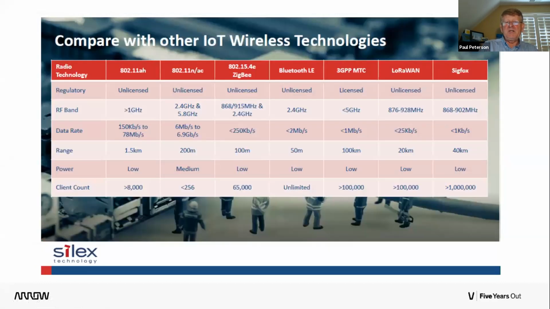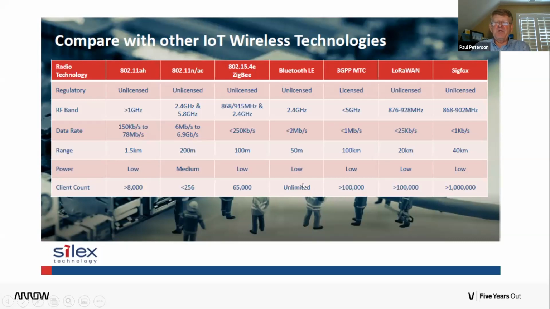Just a quick comparison. Again, this is more targeting IoT, whereas things like 802.11ac get us upwards of nearly 7 gigabits per second now. This is not targeting that level. It has a really good data rate. Remember Bluetooth, we were at 1.2 or 1.4 megabits, and here we're looking at roughly 150 kilobits. So significantly more bandwidth, good range, relatively low power.